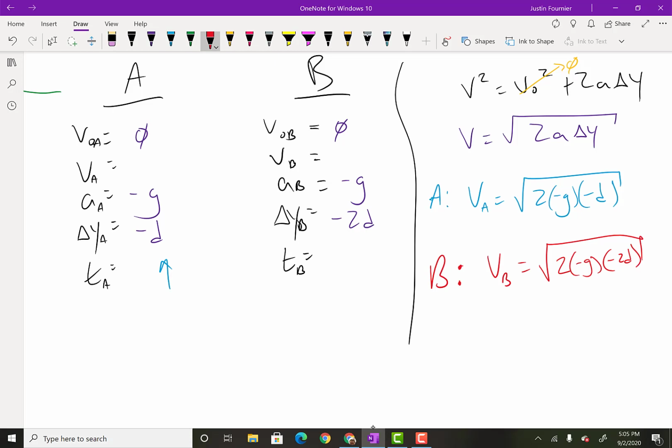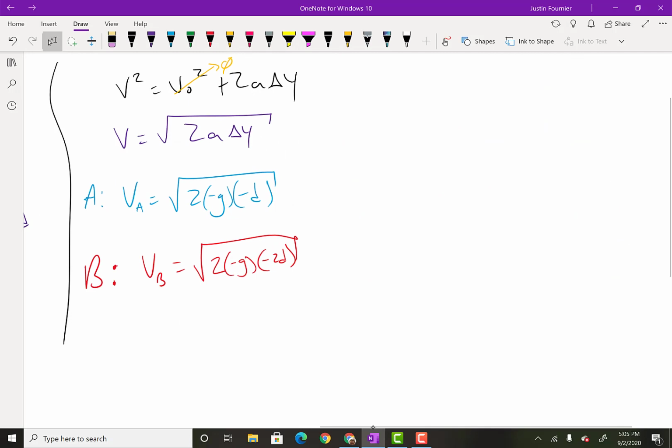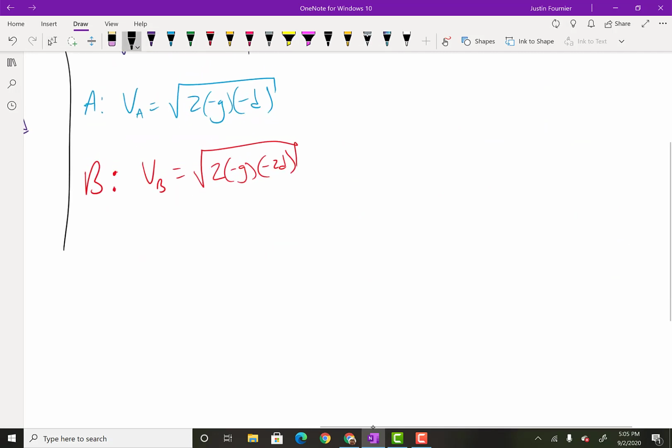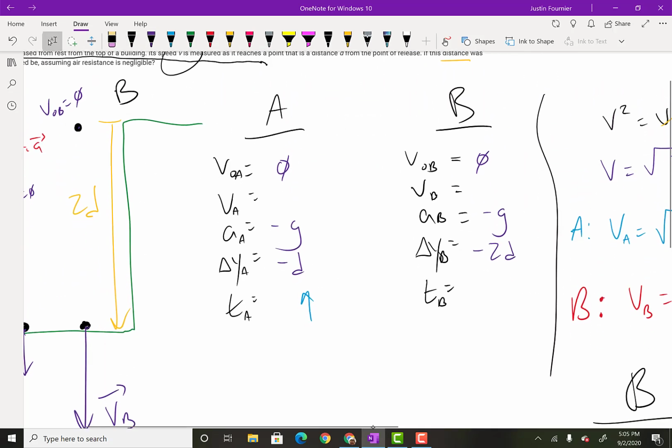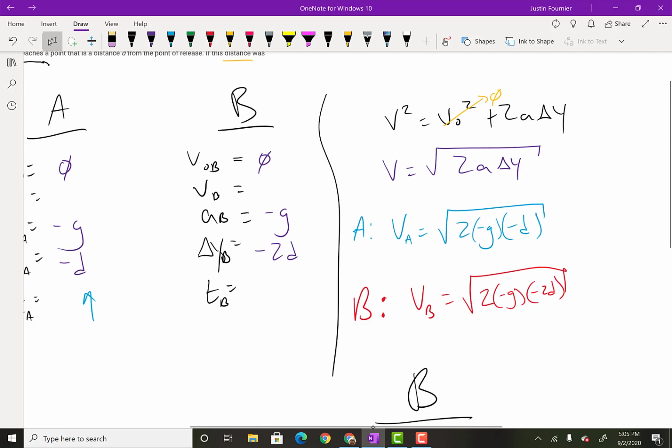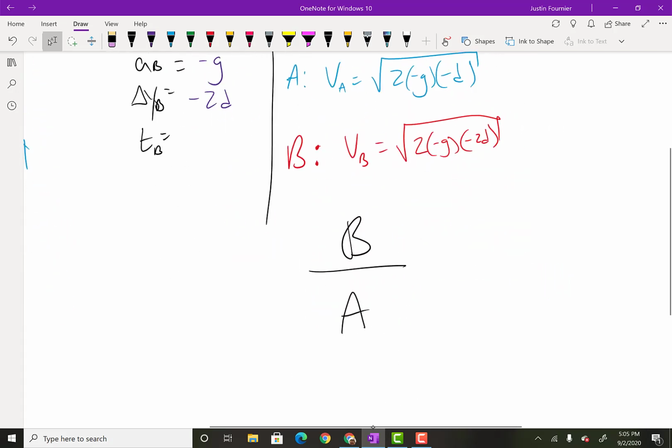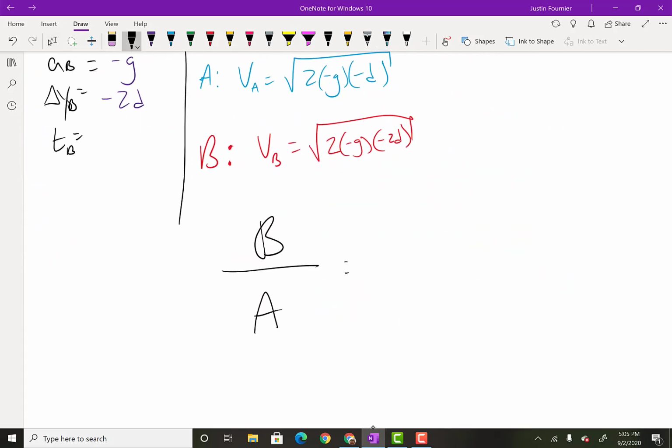And again, I'm going to take the ratio of these two things. So let's see what that looks like. I tend to do the second moment over the first, so situation B over situation A every time. I always label them A and B, and then I do situation B over situation A. So let's see what that looks like. That's going to be